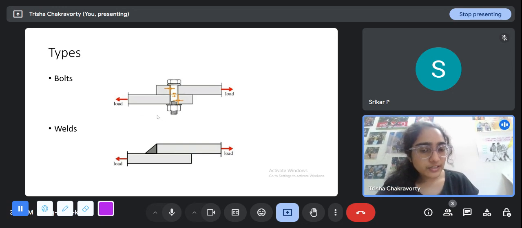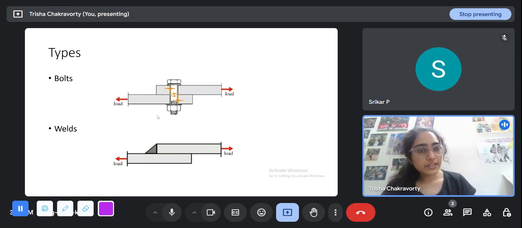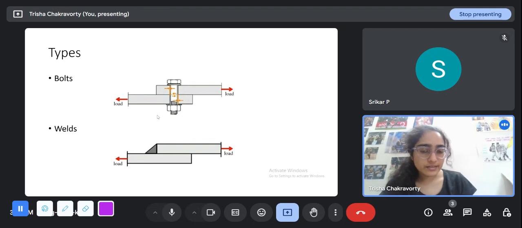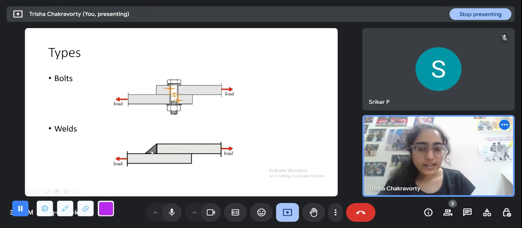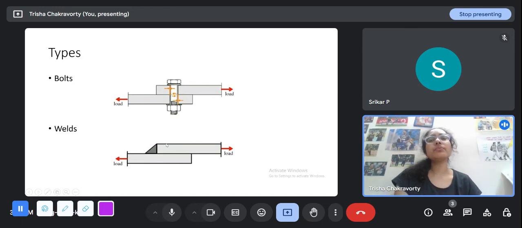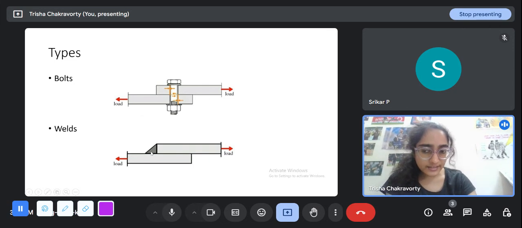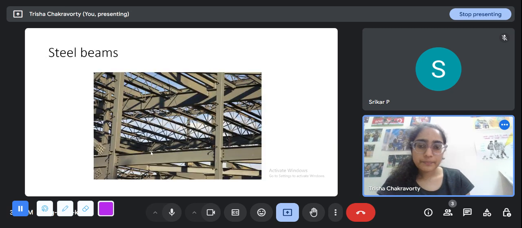And then there is another type, the bearing and shearing bolts, where even if some friction is developing, we ignore that part, and we assume that the bolt material itself takes the bearing and the shearing and resists the force. And welds work on a different principle. In welds, the mother material itself is melted and put at the junction of two plates, and then allowed to cool down again. So it is kind of integrated. And bolts are easier during repair and replacement because bolts are separate entities, but welds get integrated into the structure, so they are not that easy to replace.